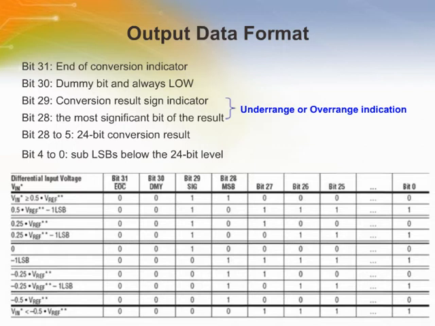The LTC2440 serial output data stream is 32 bits long. The first 3 bits represent status information indicating the sign and conversion state. The next 24 bits are the conversion result, most significant bit first. The remaining 5 bits are sub-least significant bits beyond the 24-bit level that may be included in averaging or discarded